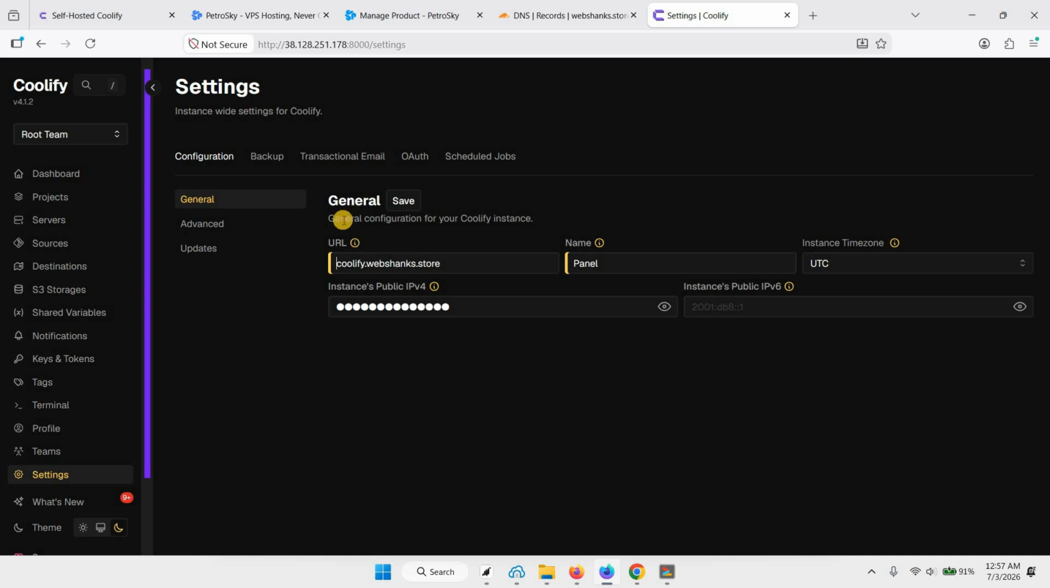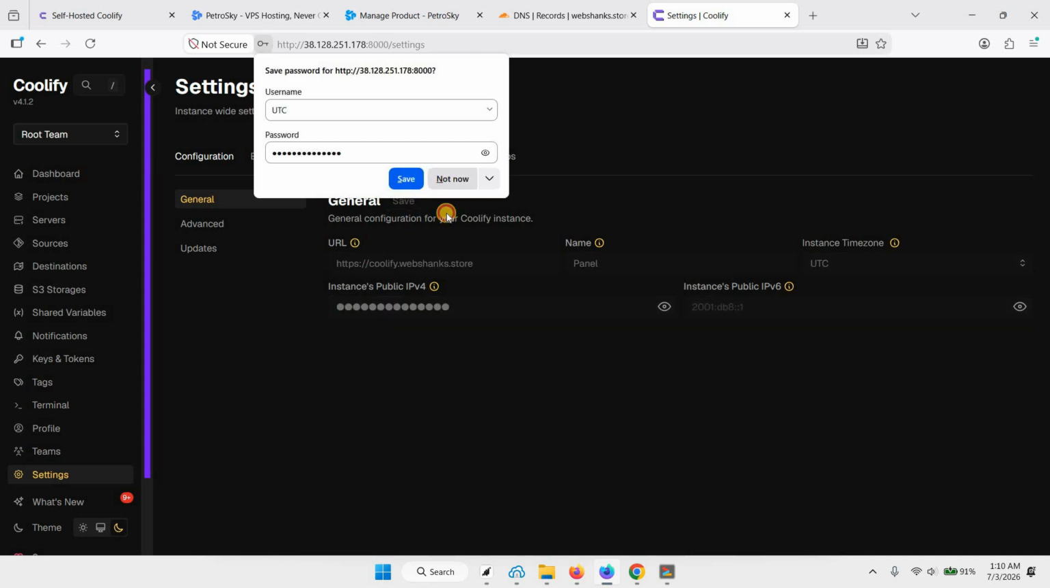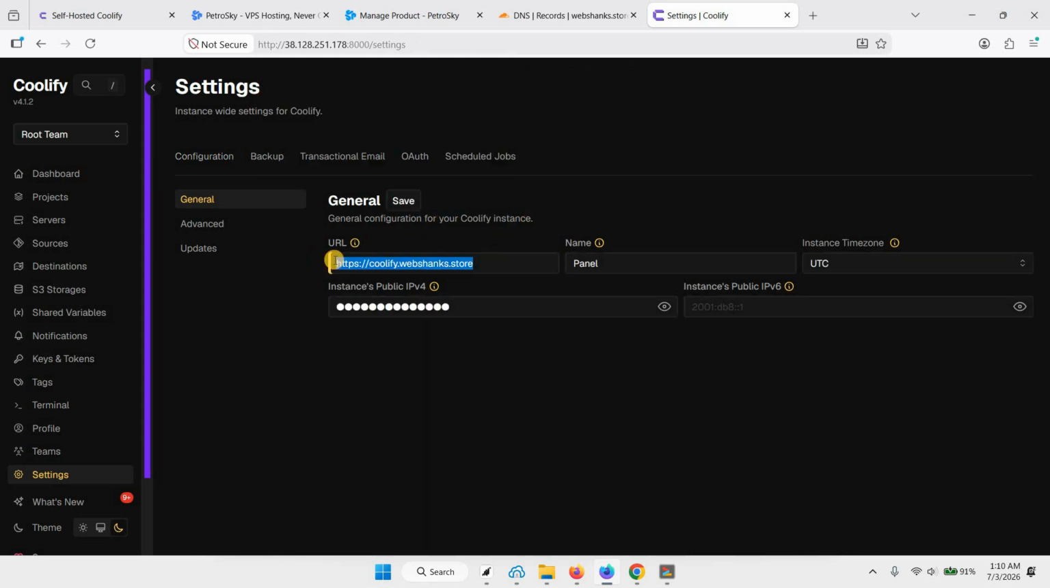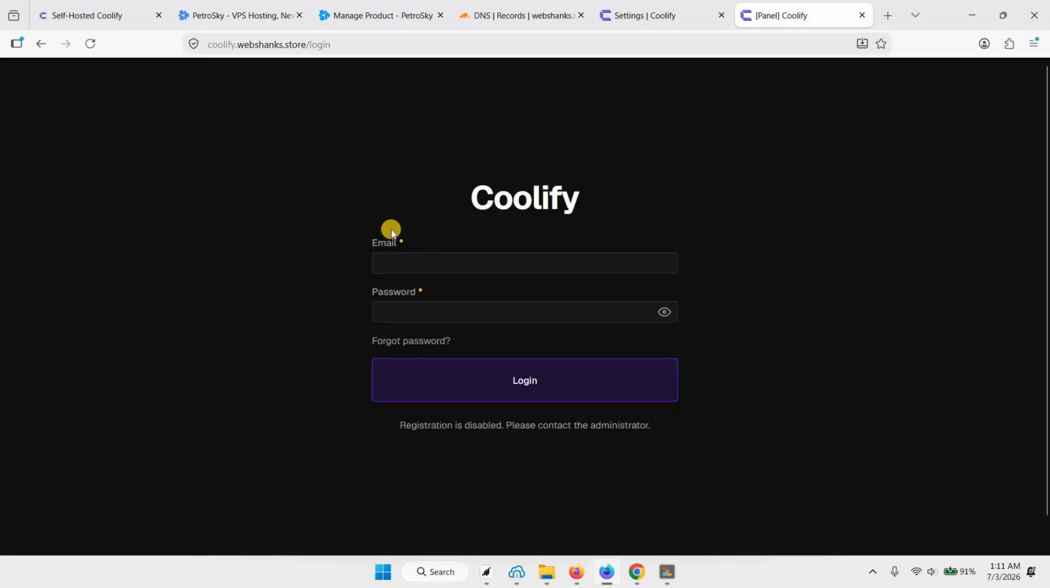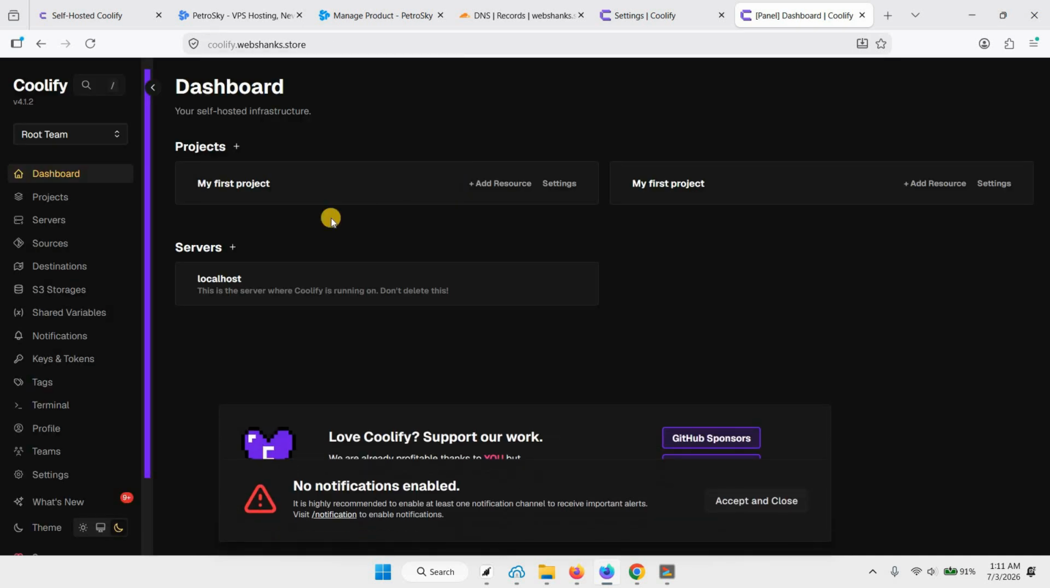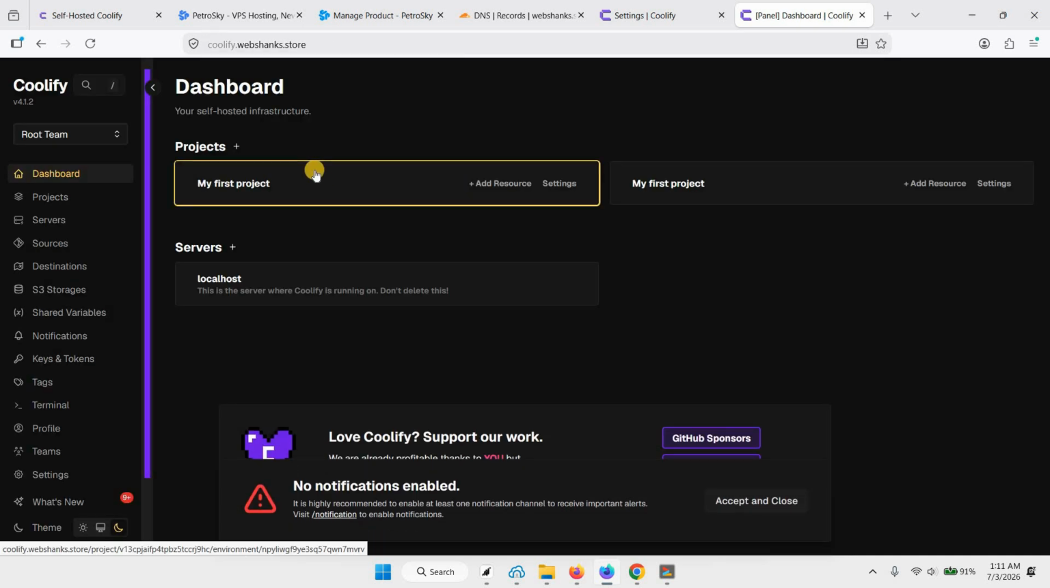And if you want to use HTTPS, we will add HTTPS so that we can access our Coolify securely. Okay, then we will click save. Then we will access our Coolify using this secure URL. Okay, now we have successfully set a secure access to our Coolify. And now we will log in using the login credentials we have created earlier. Okay, now welcome to your Coolify